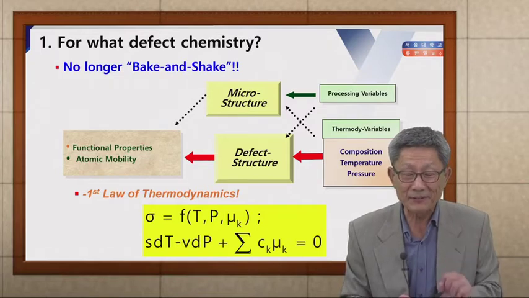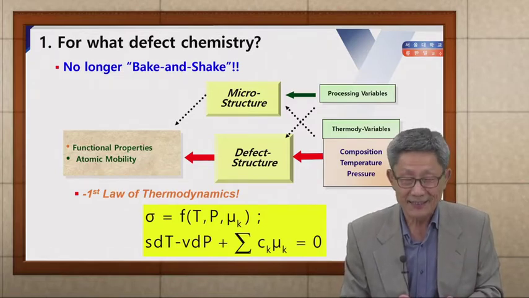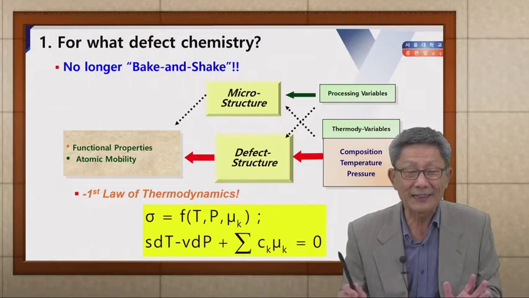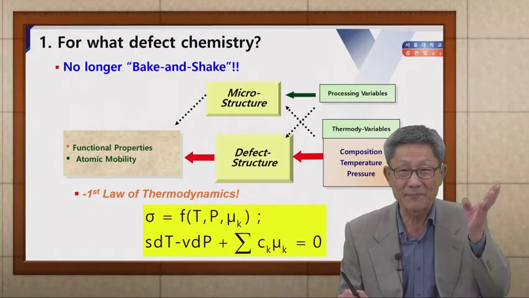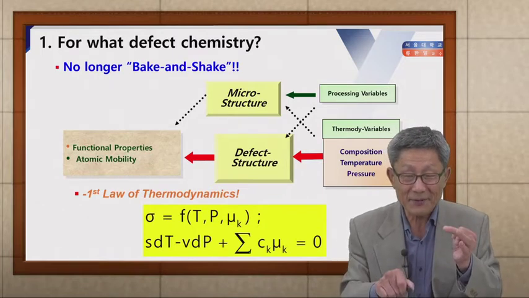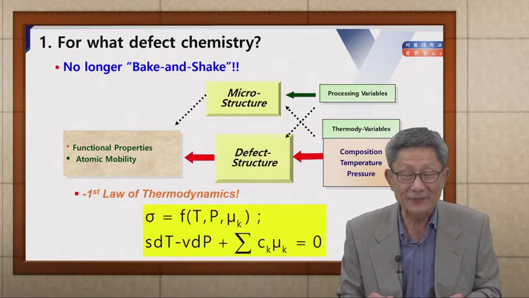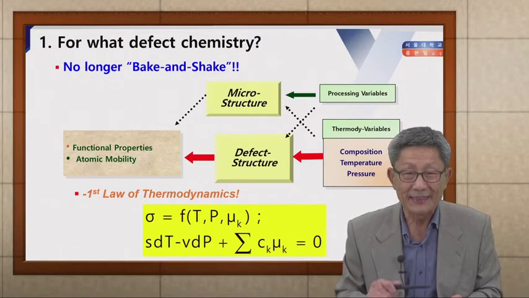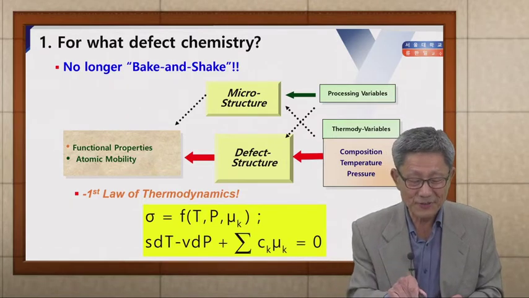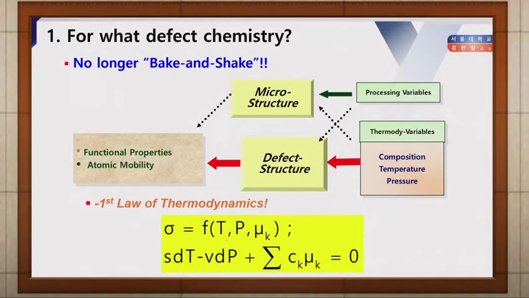You see, suppose that you have a C component ceramic material. Then what are the thermodynamic variables? Okay, temperature, pressure, and the chemical potentials of the C-1 components, or in other words, the composition. Okay? So once you fix the temperature, pressure, and the composition, then all the equilibrium properties are fixed by that black box, which is now called a function.